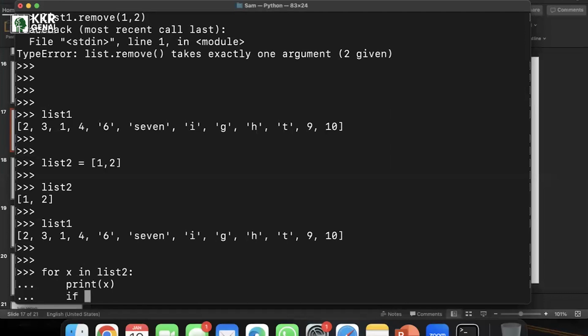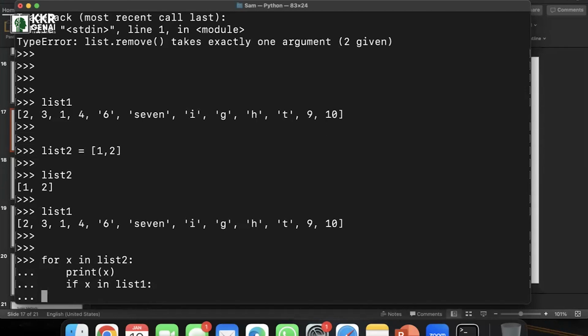So similarly, what is my element here? x. Consider x as 1. If x in, simple in operator, what is my list? My first list is list 1. Always give the colon here. So what I'm trying to do is take x, which is 1. Imagine it's 1 and I'm printing 1. And in the if condition statement, if 1 in list, meaning I'm just doing a search within list 1, find out if 1 is there. If 1 is there, what I have to do: